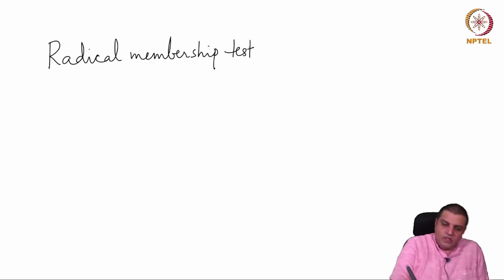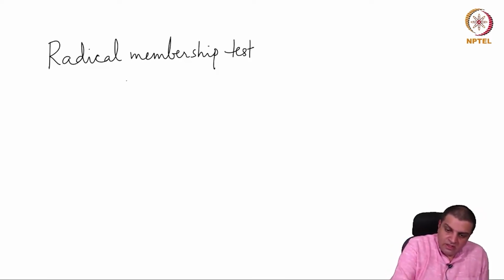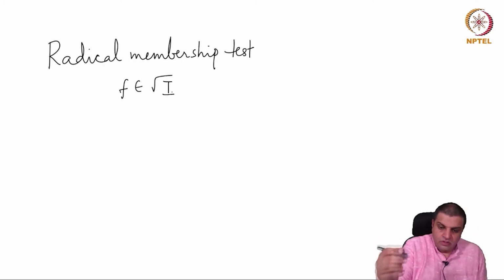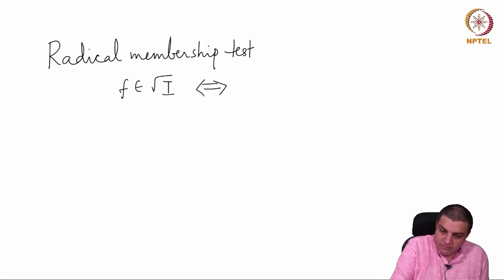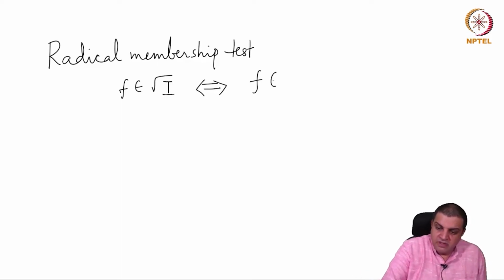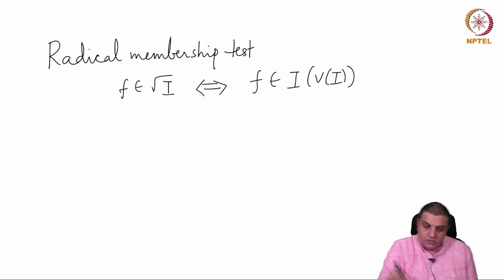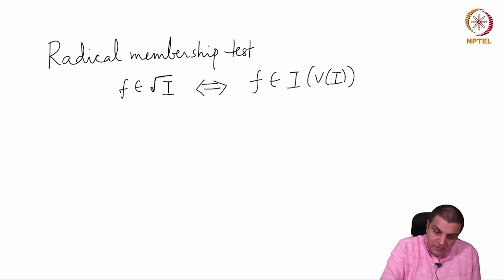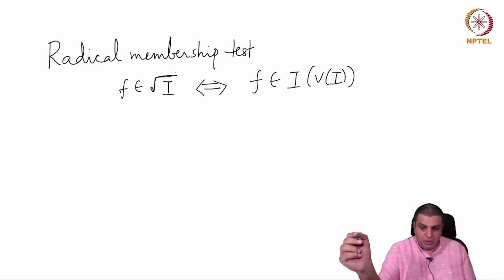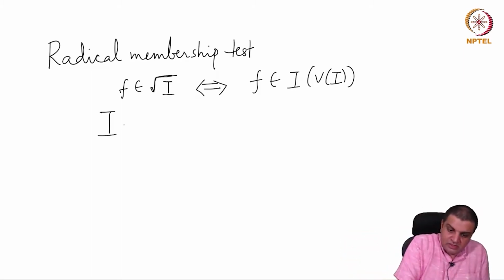Notice that f is in the radical of I if and only if f is in I of v of I. This is what we just proved, that the radical of I is equal to this. So if f is in the radical of I, then let's consider, I is f1 through fr,